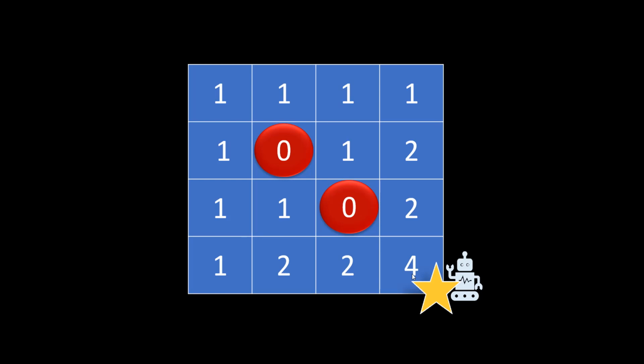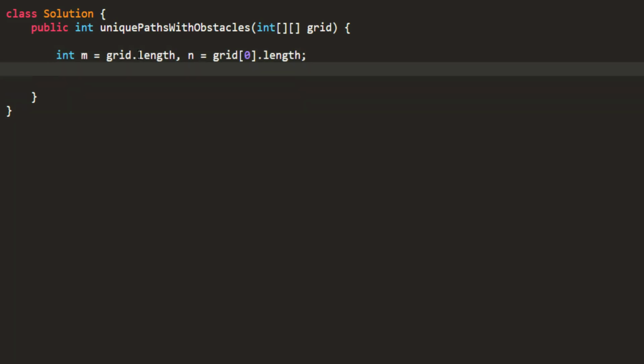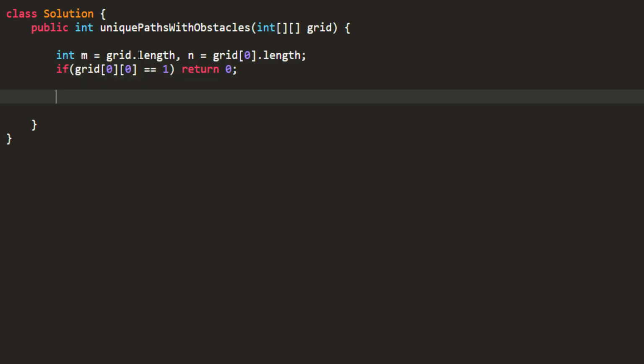So now let's go ahead and code this particular approach out. Let's have m, which is equal to grid.length, and n, which is equal to the number of columns. Now we check the base condition that if the first cell or the starting cell is 1, then we just return 0 as there is no way possible. The next thing is to loop over our grid.